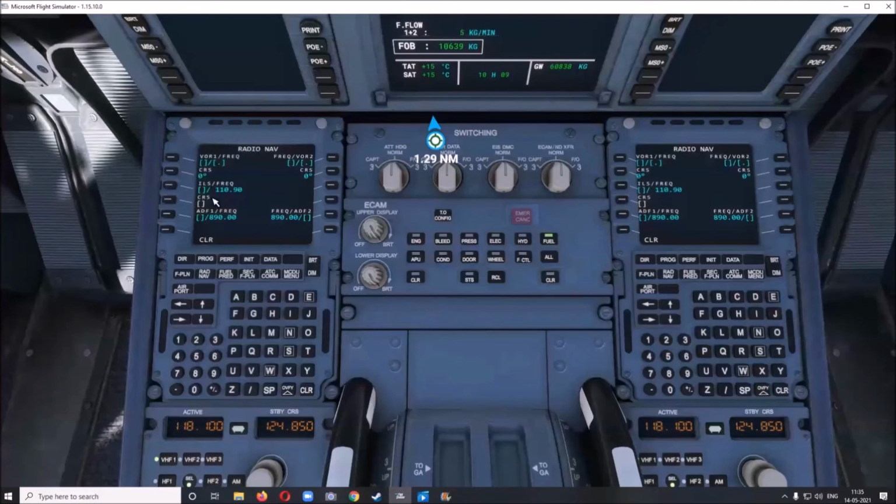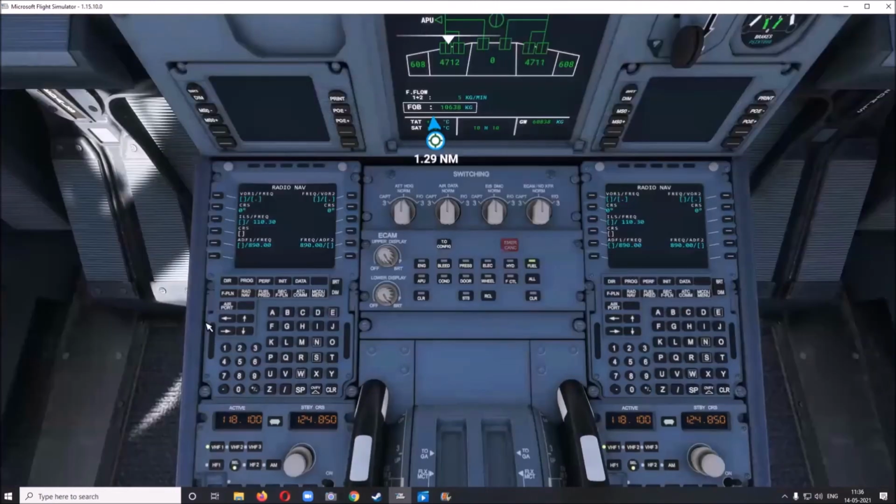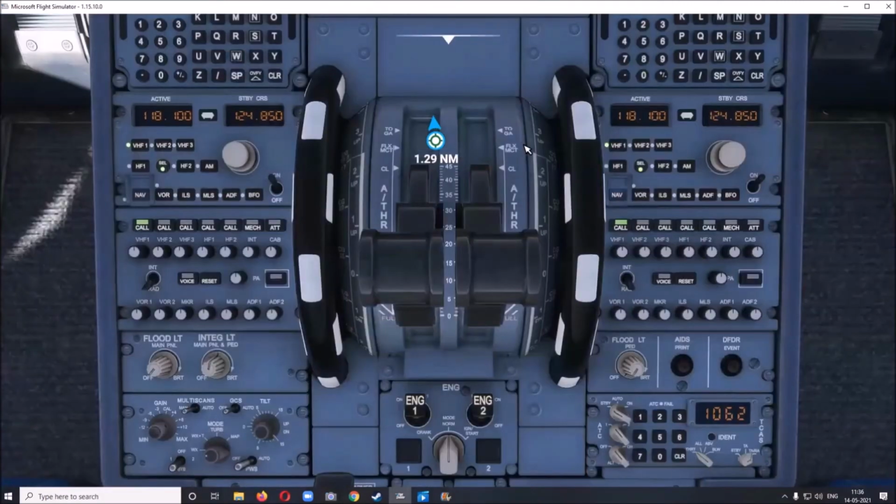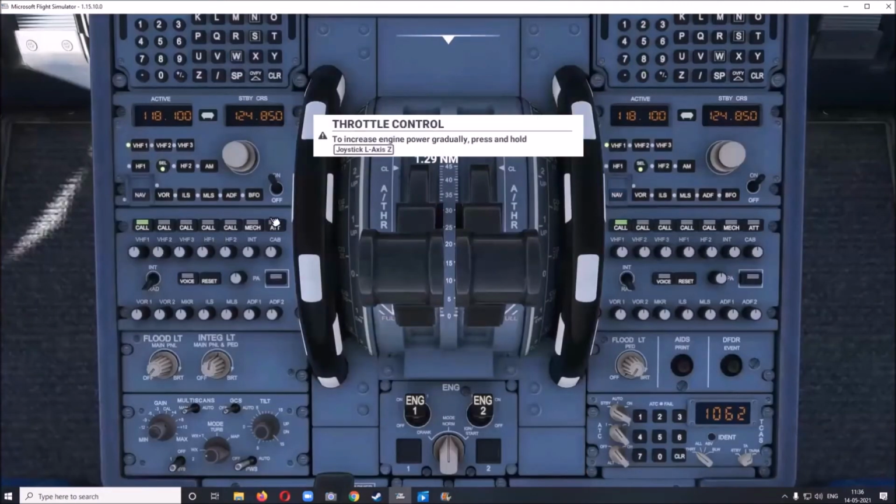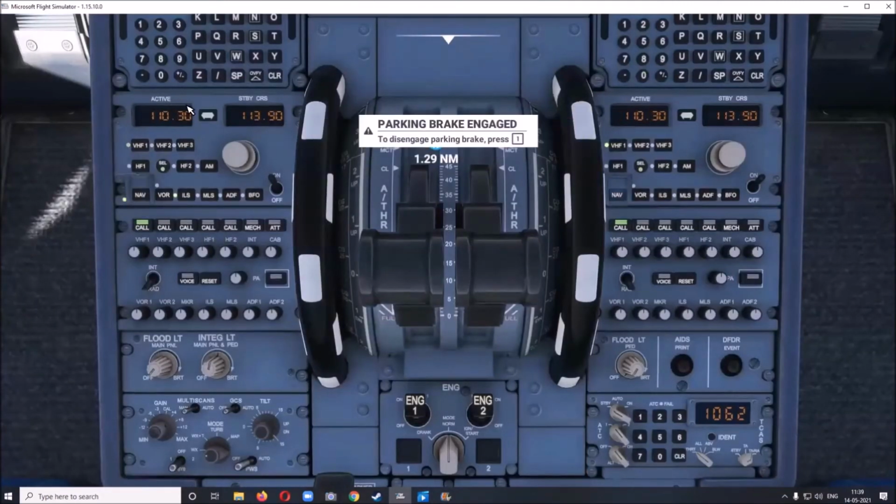Now for Chennai 07 runway, this is 110.30. So we will set this to 110.30. There are so many other things which we will cover some other time. Now further down, this is the radio stack. Now we have set this ILS frequency to 110.30.